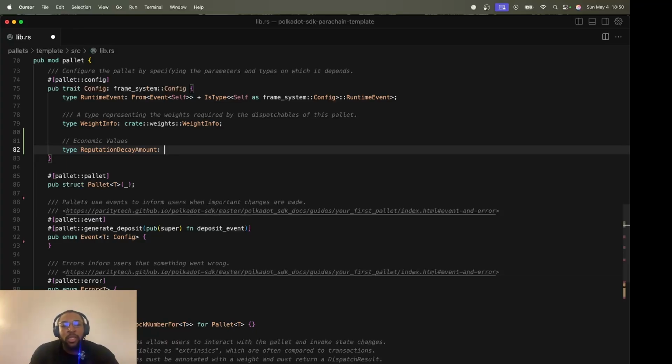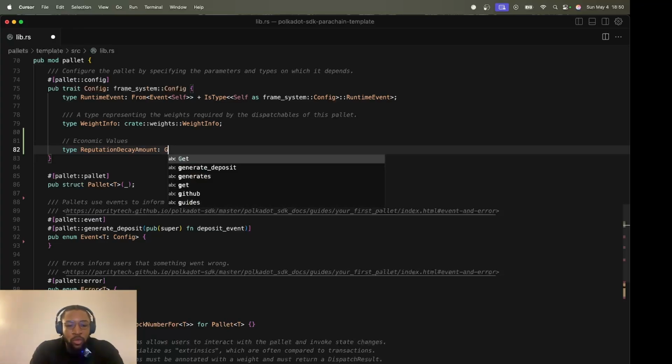Like I said, the base repetition would be a value of 50. So when that time period has elapsed and this person hasn't done any action, this amount will be applied to the score of that user.